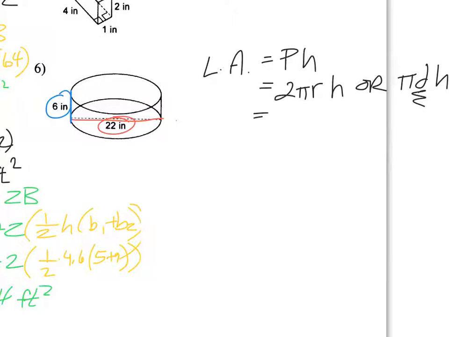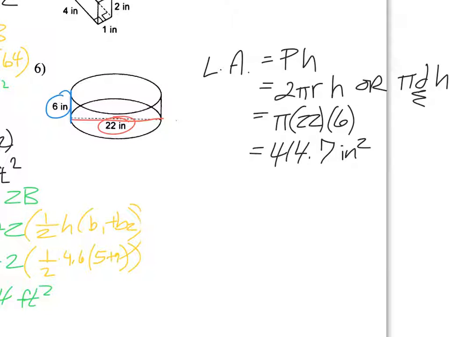So I get pi times diameter times height. So it says round here, so I'm going to round that. So I'm going to use the calculator. Pi times 22 times 6. That's 414.7, rounded to the nearest tenth, it said. So there's lateral area. Remember, surface area is going to be that number plus 2 big B,